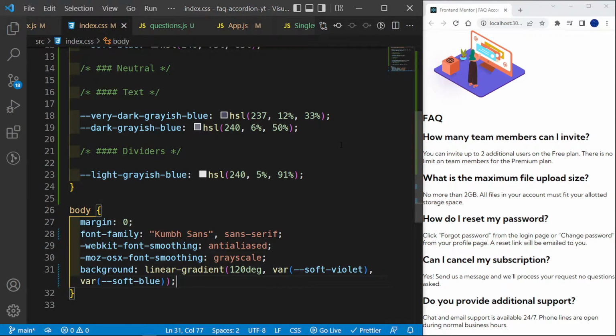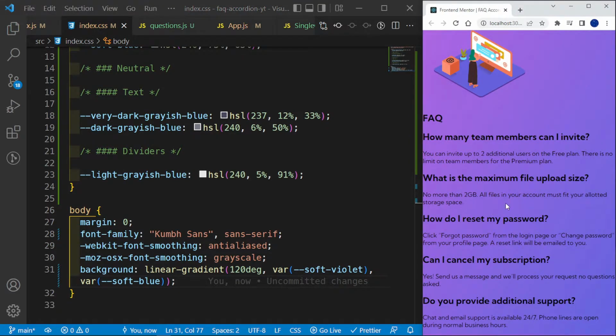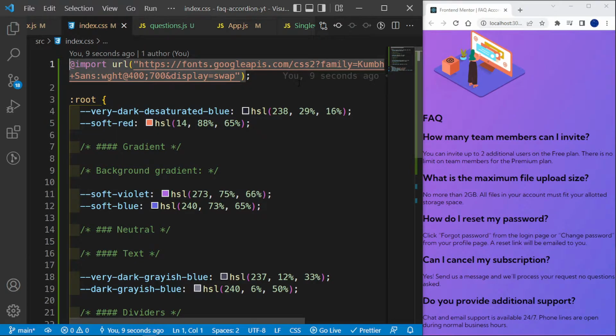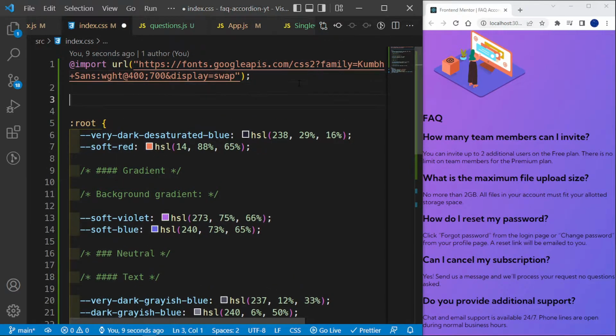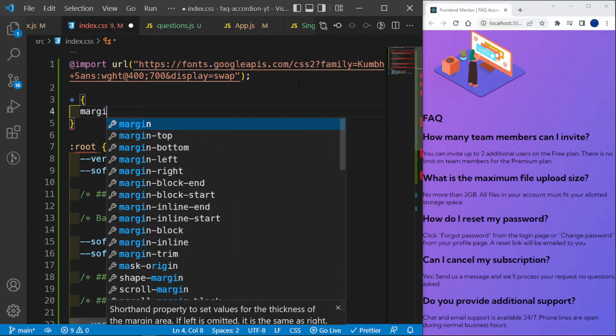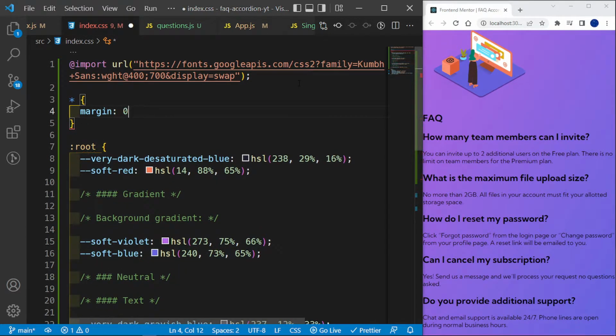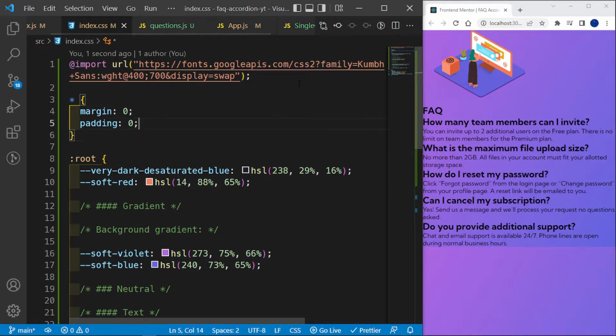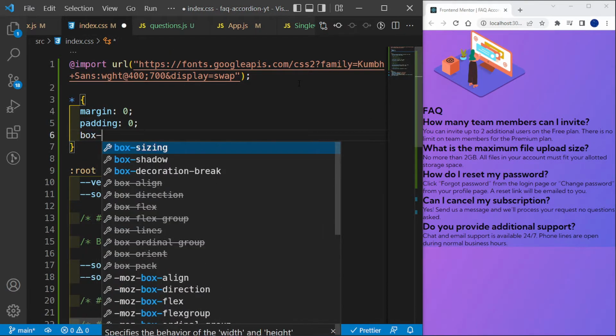Okay, so let's save this, and we have this on the screen. And I've just realized something that's probably going to mess me up. I've not reset the margin and the padding for this. Okay, so let's go ahead and do that. So let's go below this, and I'm going to say reset the margin to 0, and reset the padding to 0 as well. Okay, and then set the box sizing to border box,